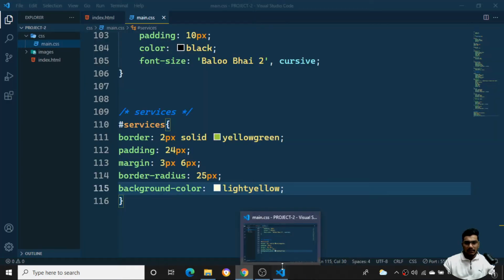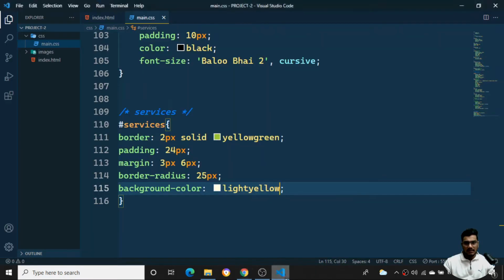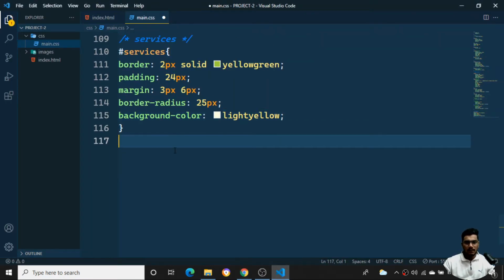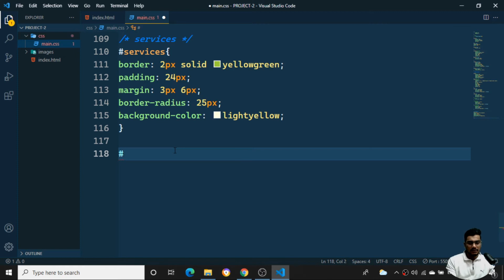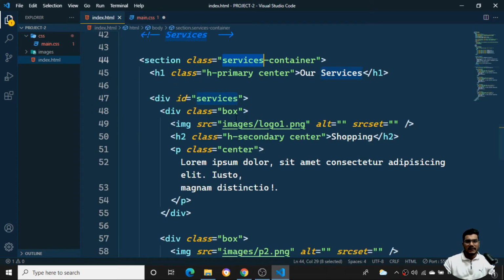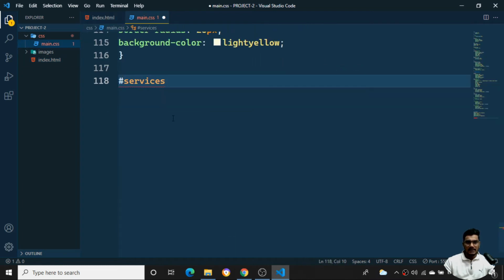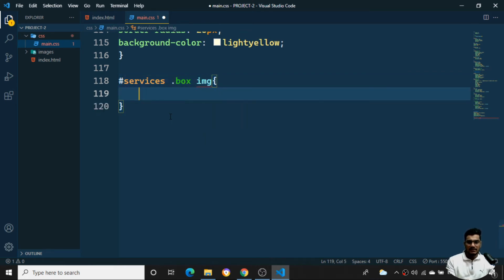So now what I need to do is set it for the images. The image is coming out very badly over here. So I need to set it for the images. So I'll go to the services section. You can see inside my services section we have a class equal to box and the src is image. So wherever there is a dot box, the dot box is my class name, and inside that wherever there is an image tag, apply this particular CSS property.